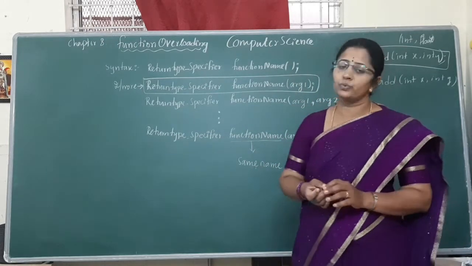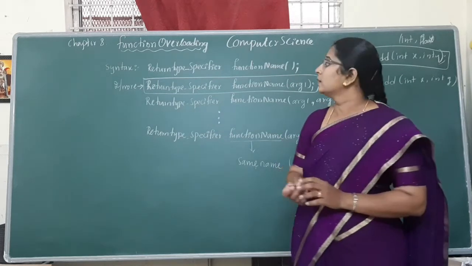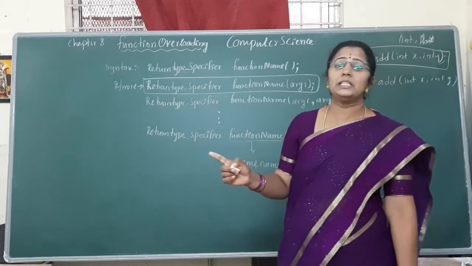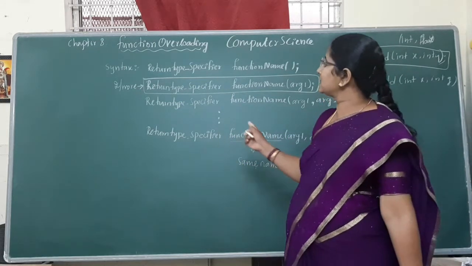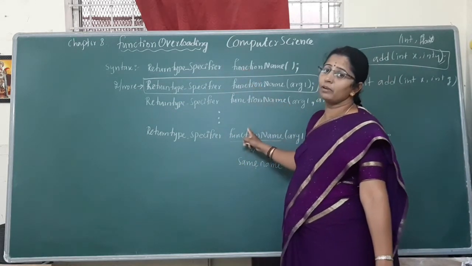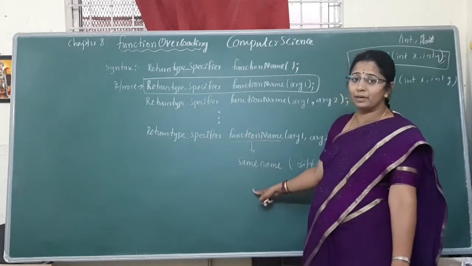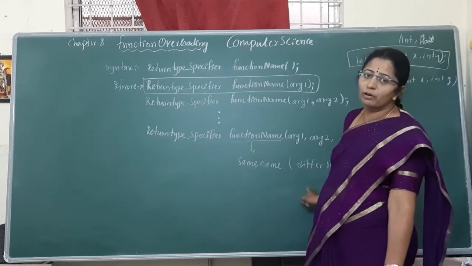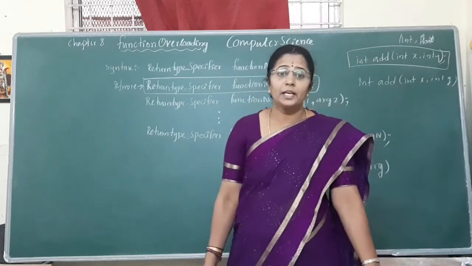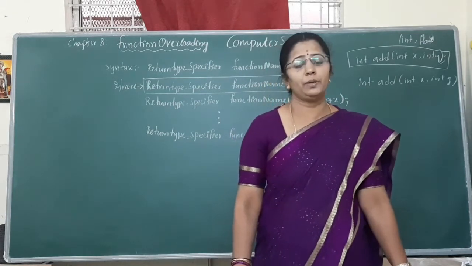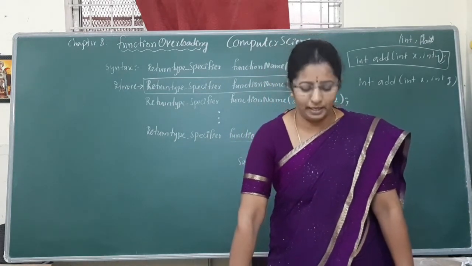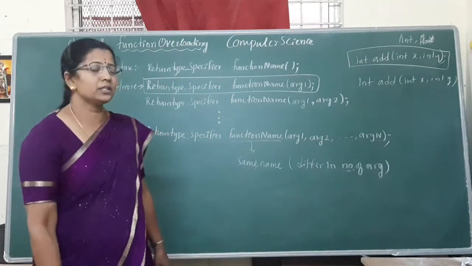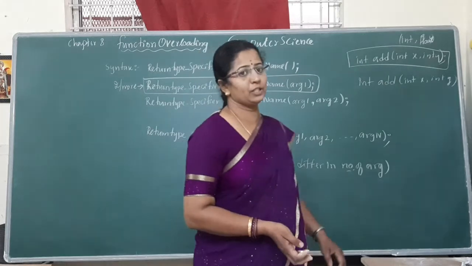Program maintenance is very easy, and when programs use function overloading, it is easy to develop. We can easily remember the function name because all the functions have the same name to perform different operations, differing in the number of arguments, and it provides an easy interface between the program and the real world entity or real world object. So this is one of the important 5 marks questions.